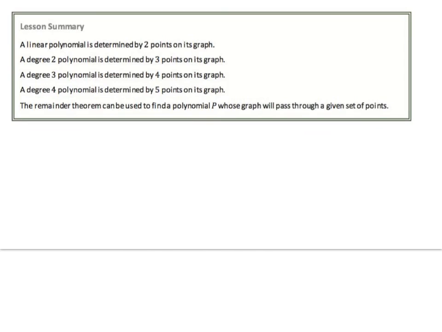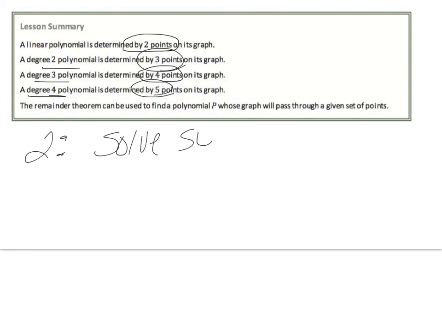Okay, your lesson summary. I just want to make sure that we all remember a linear polynomial would be determined if you have 2 points on the graph. A degree 2 polynomial if you have 3 points on the graph. 3 polynomial, 4 points. 4 polynomial, 5 points. The remainder theorem can be used to find a polynomial p whose graph will pass through a given set of points. So it's really important. We've used 2 methods. We solved a system of equations first, and then we used the remainder theorem,